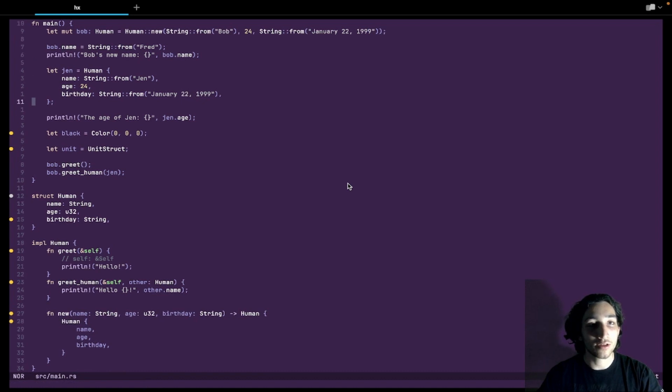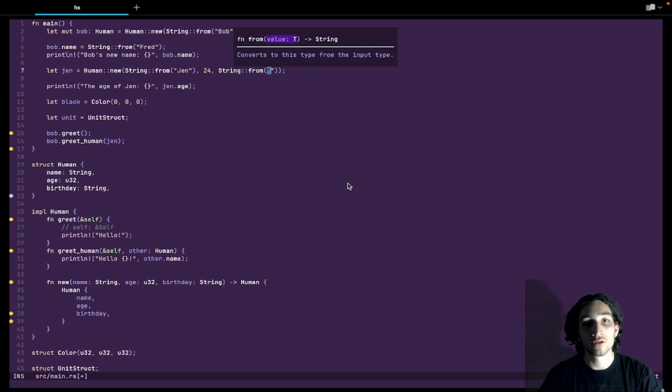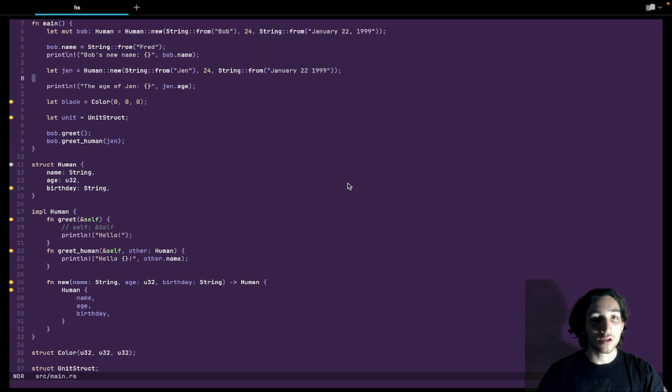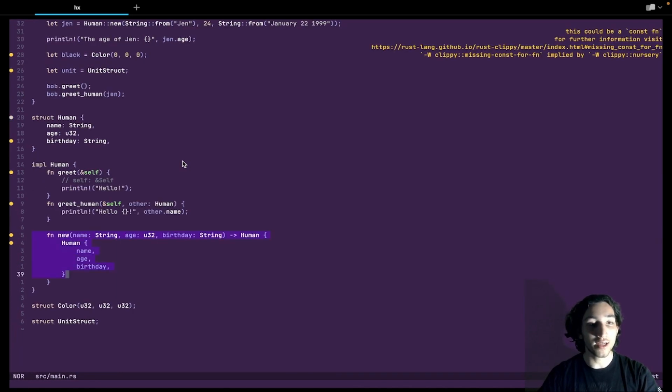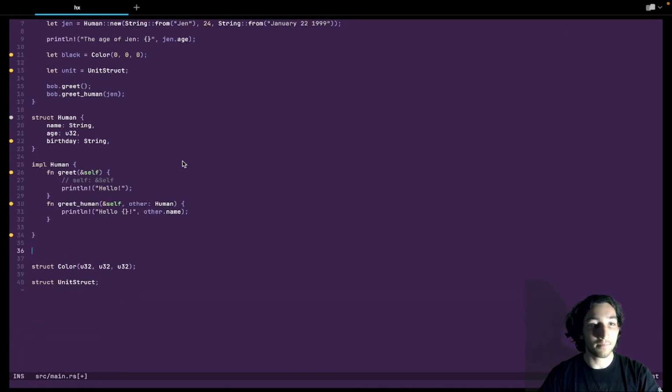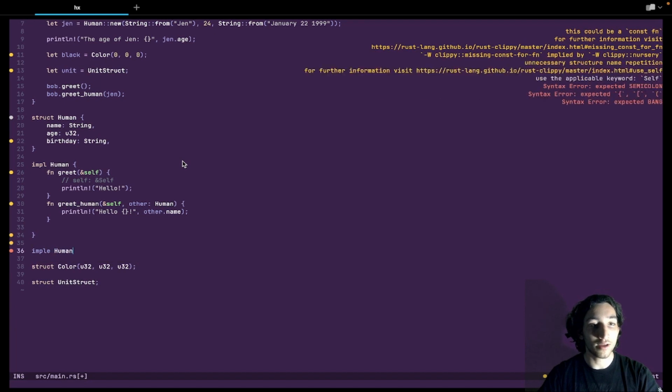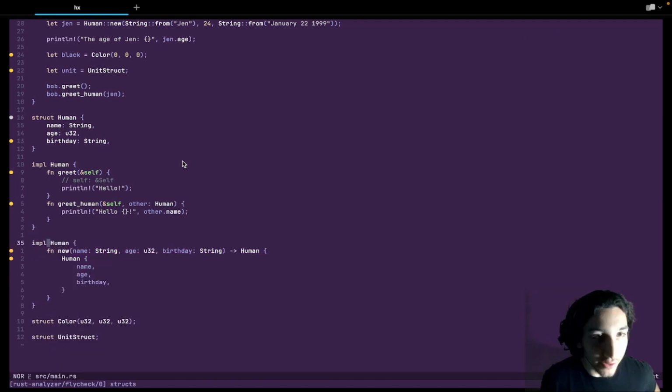And now we can do the same thing for Jen. And then we can use the instances the same way as before, because this method returns a new instance of Human. Now, if we wanted to, we could take this method and put it inside of a new implement block. This would also be valid syntax, and I'm going to cover a reason for doing this in a later video.